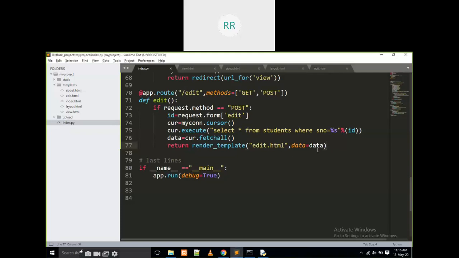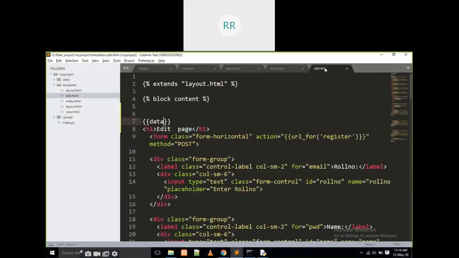Now the data is moving into this edit.html page. Here I am not writing anything. It is going to be some update, but I am not writing anything. I just have to give some blank, or I will write some register. Leave it, I will modify later. Is it clear up to now?